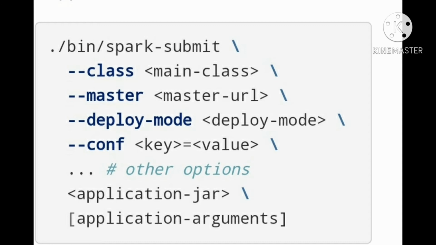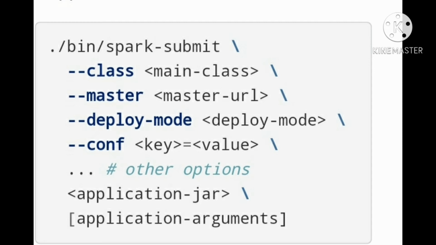All the driver programs will execute in the edge node itself. In that case, it will lead to memory errors, like out of memory errors. So deployment mode equal to client is not at all recommended for production.